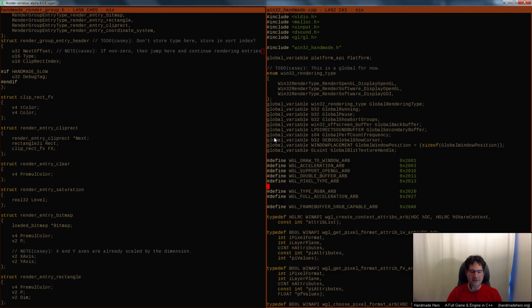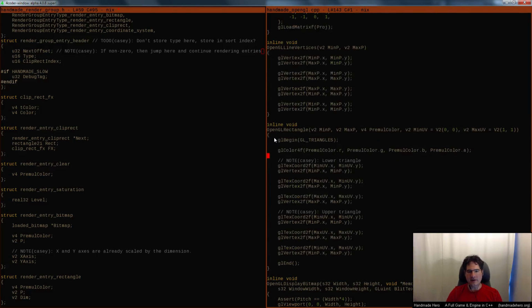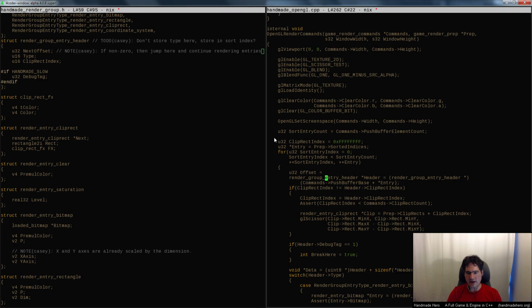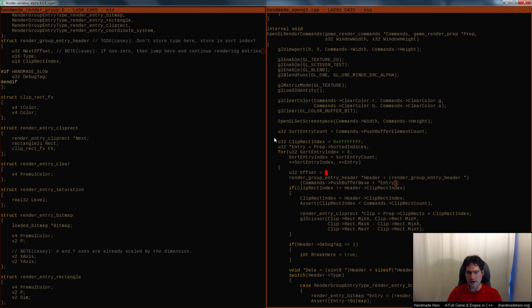First of all, we would have to actually obey it. So inside the renderer, you can kind of see the way this works, right? We have this sort entry thing happening here where we loop through the various entries that we have. And the way we do that is we've got the sort entries and we pull them out. We index, we get the indices, and once we pull out an index, we do the processing on the header like this, right? And so we could say that we got the offset this way,